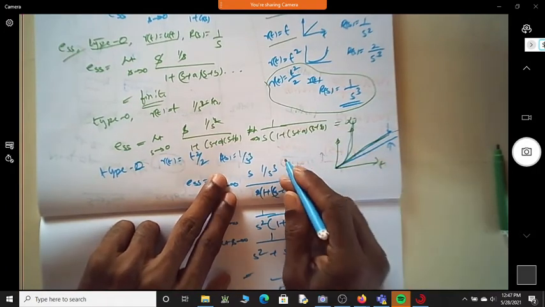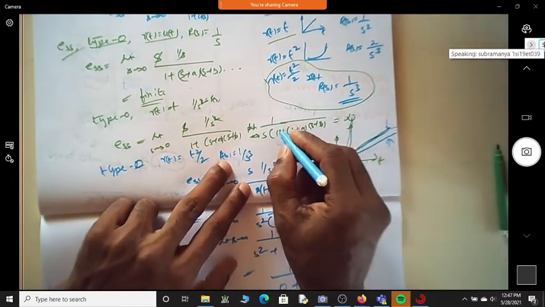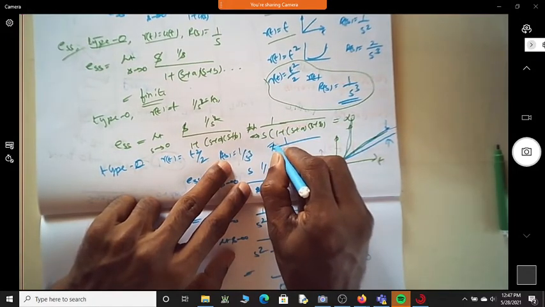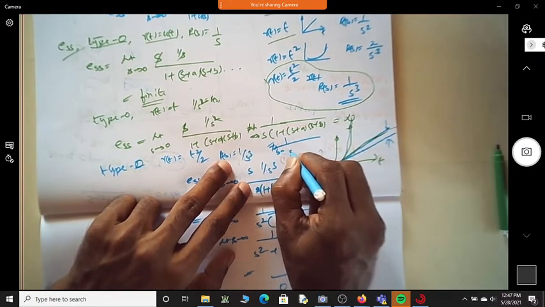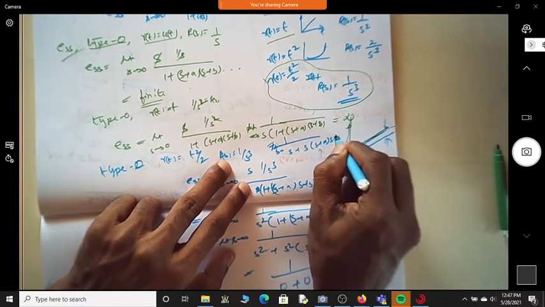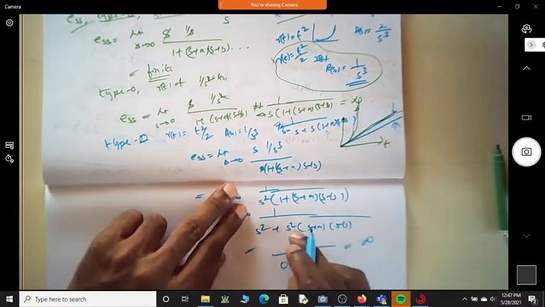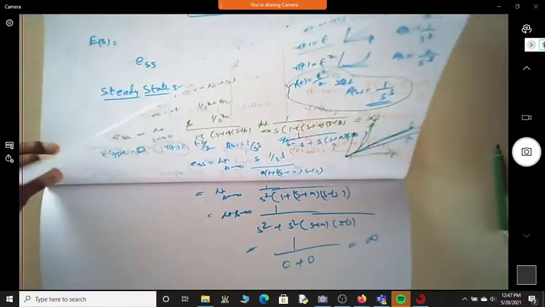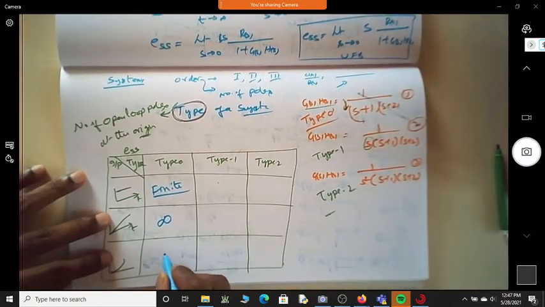It was tending to infinity. It was also, of course, if I just slightly expand this, will I write it as limit of s tending to 0, s plus s into s plus a, s plus b? Yes, sir. Fine. So here it is s square into so and so. Done? Is it infinity? Yes, sir.